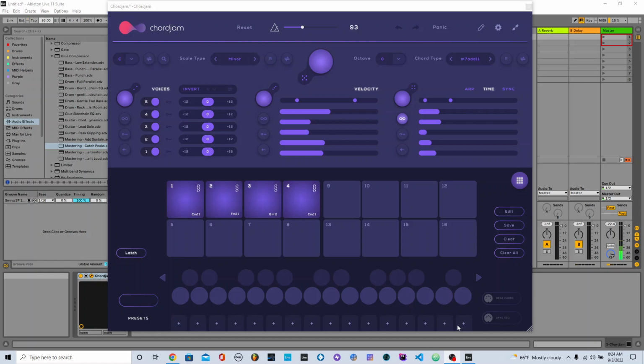And yo, I got a treat for y'all. For all my 90s boom bap hip hop producers, man, this is crazy. Yo, Chord Jam is an AI chord generation plugin. You know what I'm saying? Get your chords on. You can set the